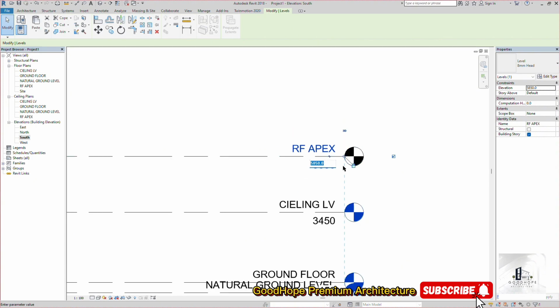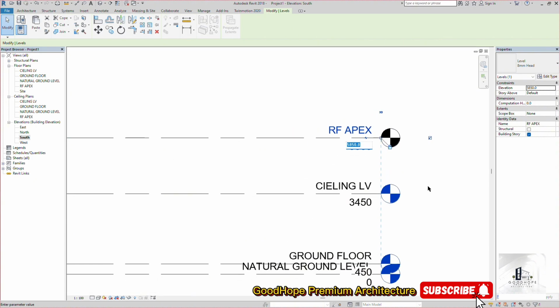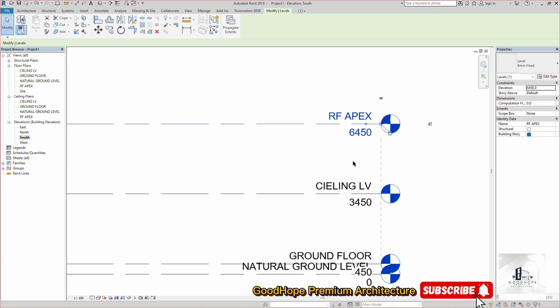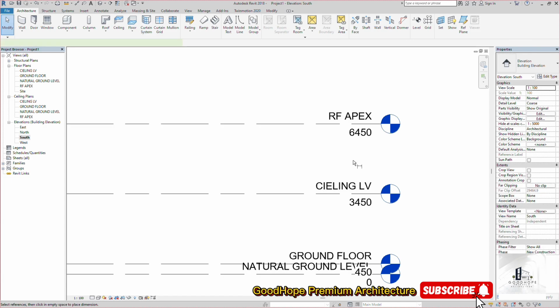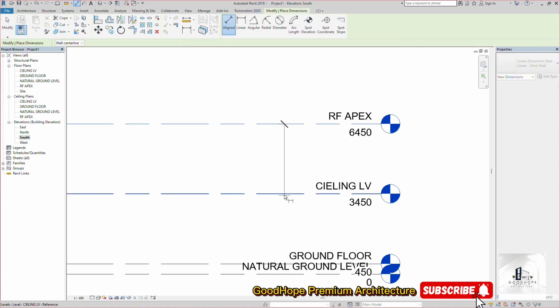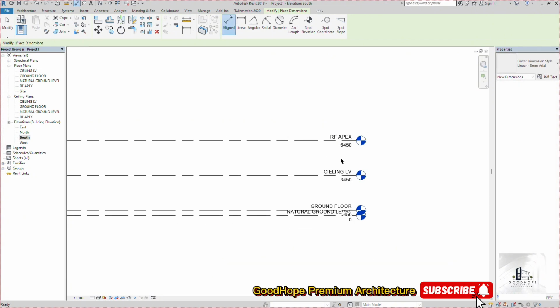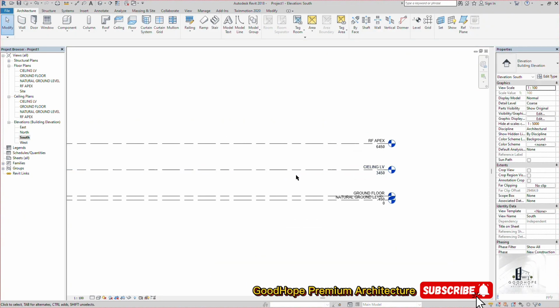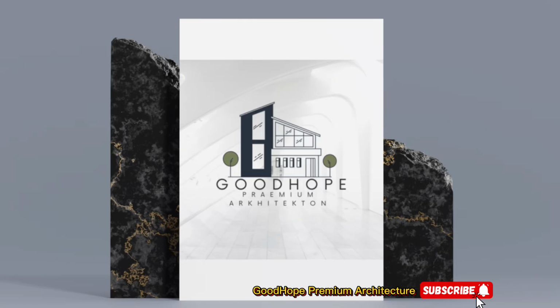Now, you are yet to have your design, so you can't tell the distance of your roof yet, but you can just put a dimension of about 6,450, so as to keep maintaining the 3 meters between the levels. Now, let's assume we are done with leveling. And that is how you can create